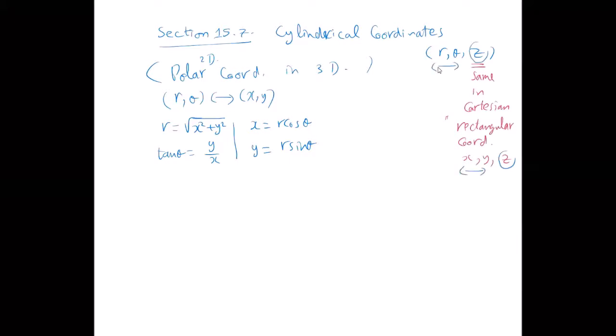Why do we do that? Because some problems cannot be solved in x and y. It needs to be changed into polar, as usually we have the situation in 2D in double integrals. We have the same situation and same problem in 3D and more. Some regions are suitable for cylindrical coordinates. Why do we call it cylindrical? Because